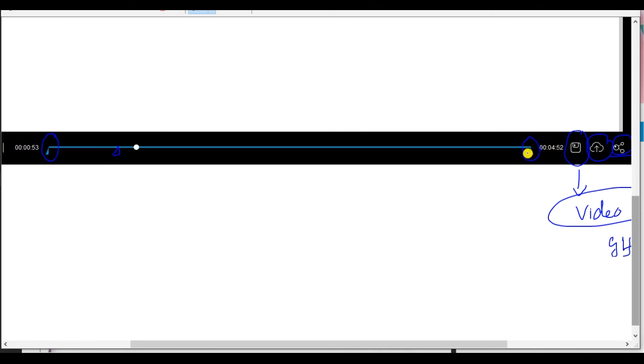And then over here, what is the slider you have? If the last 10 seconds were done wrongly, then you can move the slider over here, and then you can save just the part that is required. So the trimming option is also here, which you can use. But do remember, you can trim only the first and last part, not the middle of it, by using the Video Grabber here.